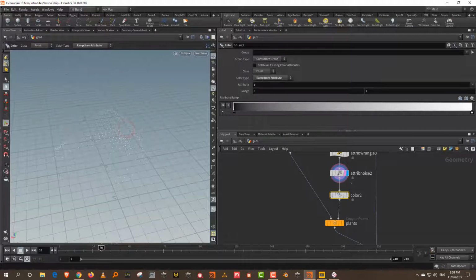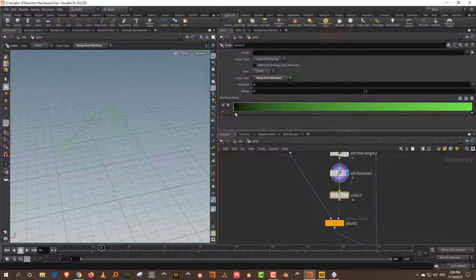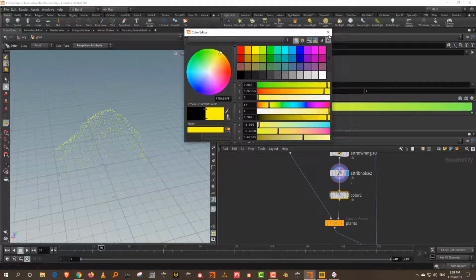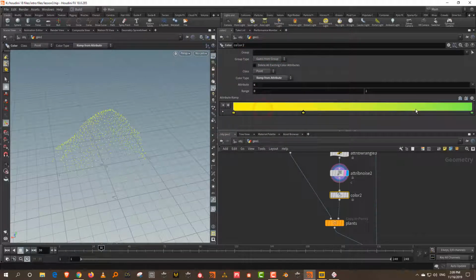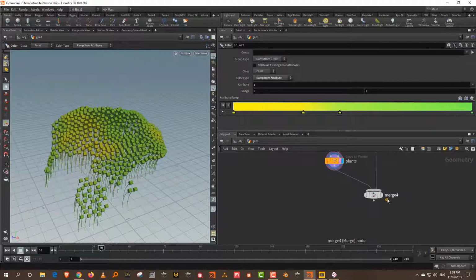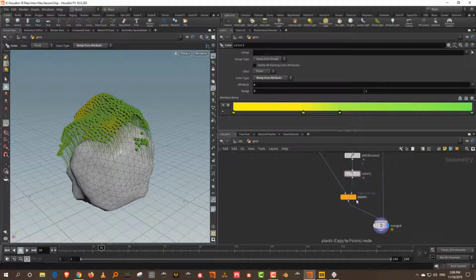That's what you get. And then I can give it some color. So the point with this is, rather than having a noise map controlling the color, I can just build some color on my own. And then if I look at the plant, you'll get something like this, which looks a lot more elegant. Okay, so this is good.